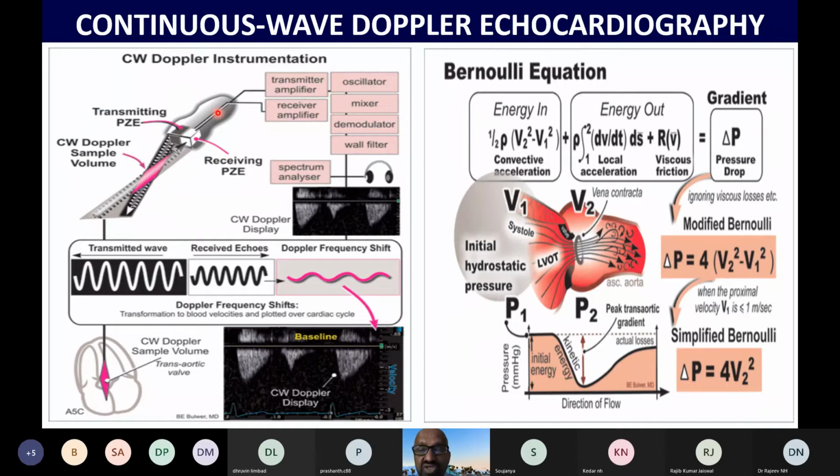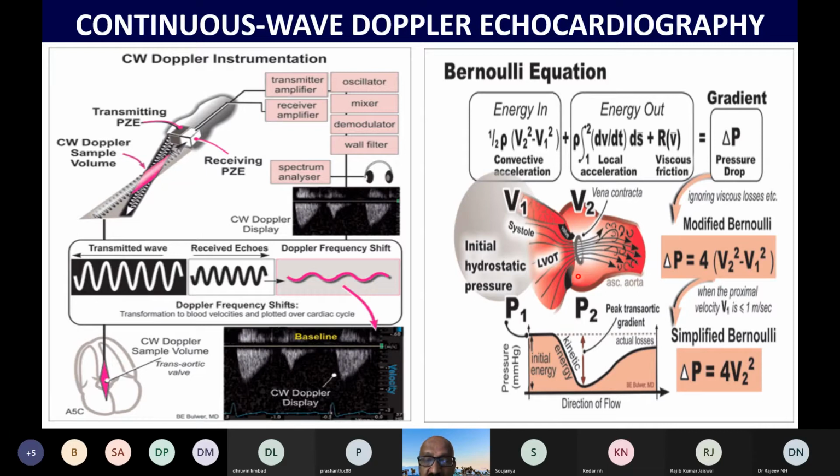And here the Bernoulli equation is demonstrated. This is based on the principle of conservation of energy. The blood flow velocity is increasing. This is the stenotic valve. The blood flow velocity increases across the stenotic valve as the blood is flowing across the aortic valve. The potential energy contained in the blood will be converted into kinetic energy, and as a result of which there